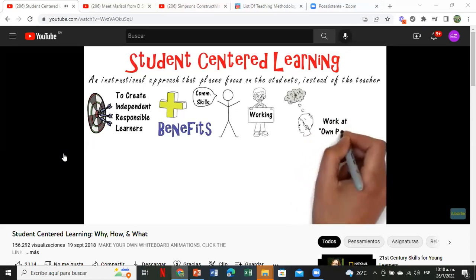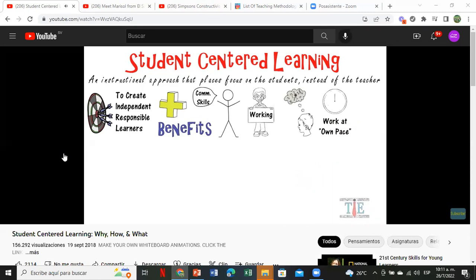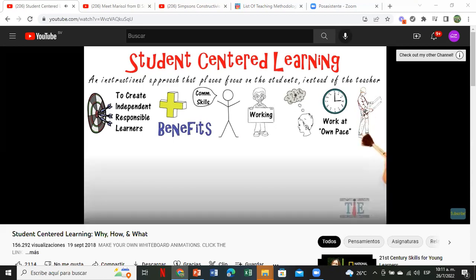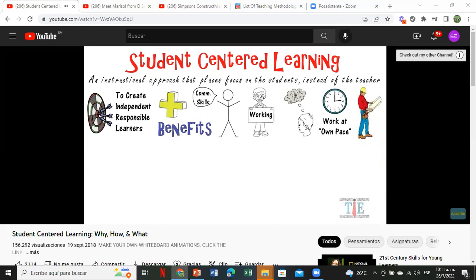Also, students get to work at their own pace. Remember, it's the students that drive the lesson, not the teacher. Overall, students learn skills that are transferable and will help them adapt to life in the 21st century workplace. Now, I'll ask,